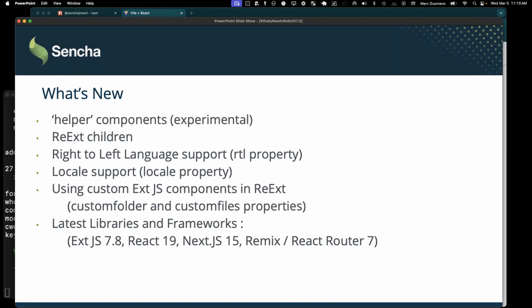We really are excited about your potential ability as an Ext JS customer to use in total your custom Ext JS components in ReExt. That's probably the number one thing I've heard. I'm an existing customer. I've spent a lot of time building a custom grid component that's based on the Ext